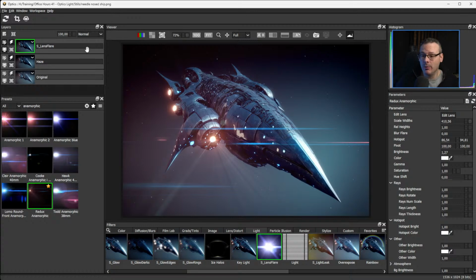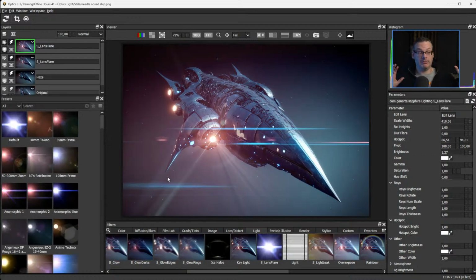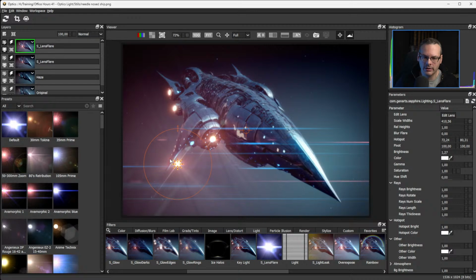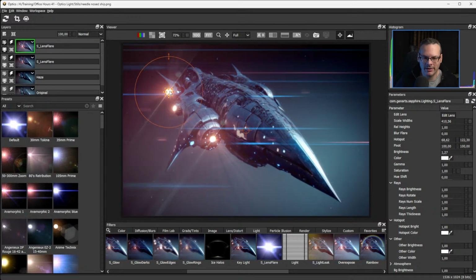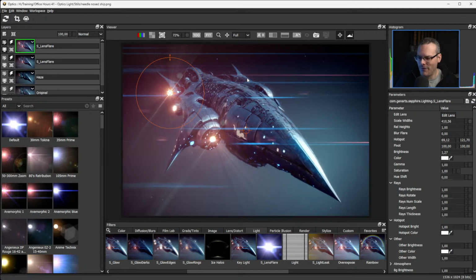And we can come in and duplicate this up a few times and make things a little bit different. So let's right click on here, let's duplicate this layer. Everything gets bright, really bright. Let's turn that on here, and let's find another flare, maybe